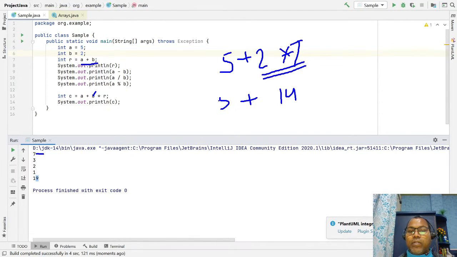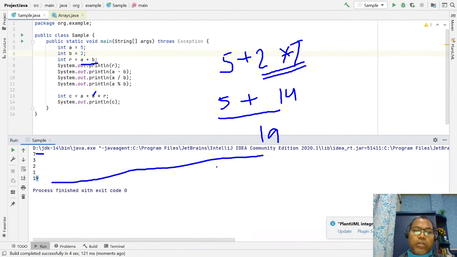This is how you get the output 19. Always remember the precedence order if you are writing a statement that has multiple operators.